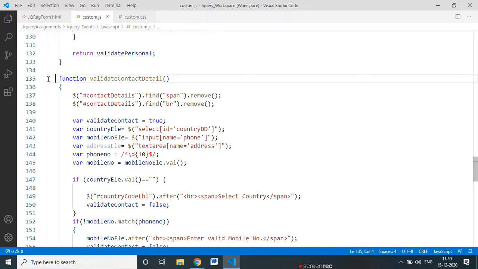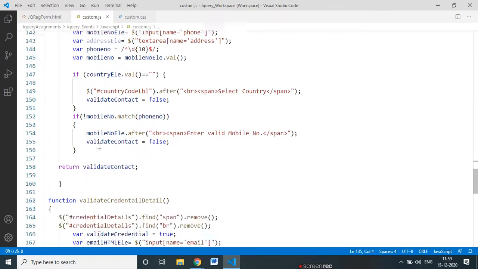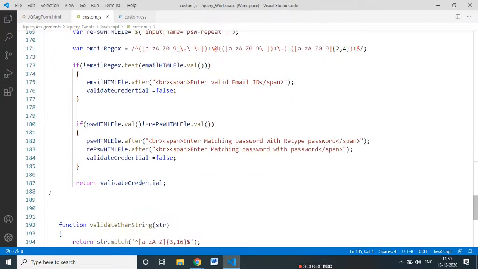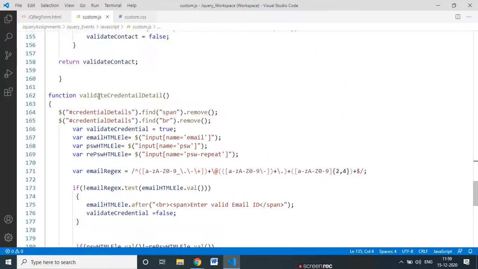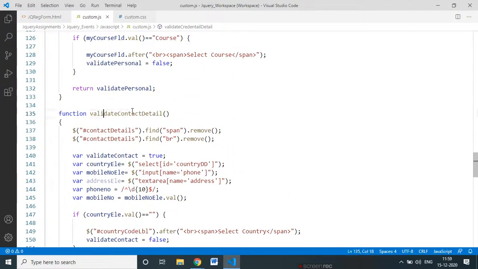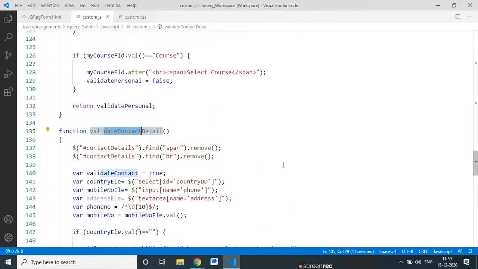Adding a section means it will collapse the section, because the code can be difficult to read otherwise. For example, the validation credential section will be collapsed so that it is easy for you. And there is a plus sign, through which you will expand that particular section and write the code inside it.